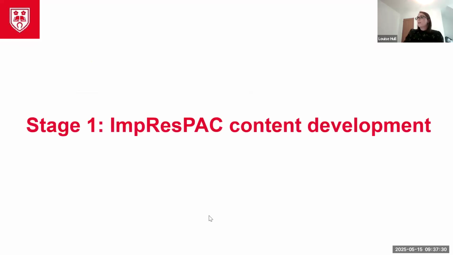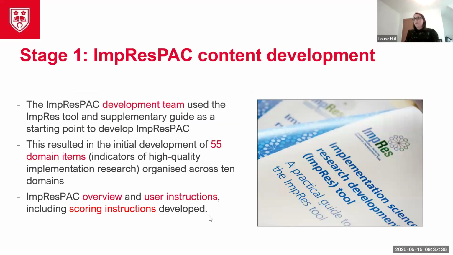and refinement of ImpResPAC. So in terms of stage 1, as Rachel mentioned, the content of the tool was based on the ImpRes tool and guide, and we really used this as a starting point to develop the content, the criteria within ImpResPAC, and this resulted in the initial development of 55 domain items across those 10 ImpRes domains. And at this stage, we also developed an overview of ImpResPAC user instructions, scoring instructions, as well as the scoring